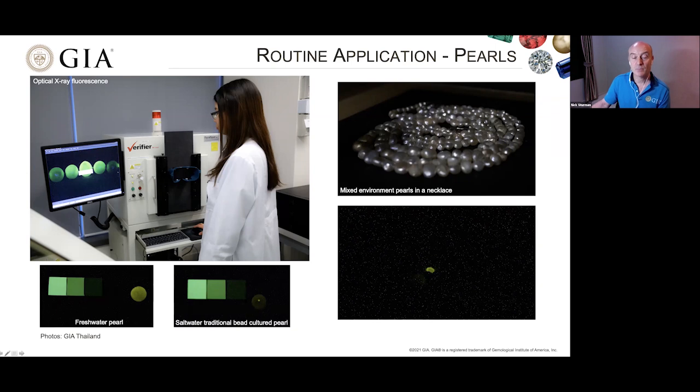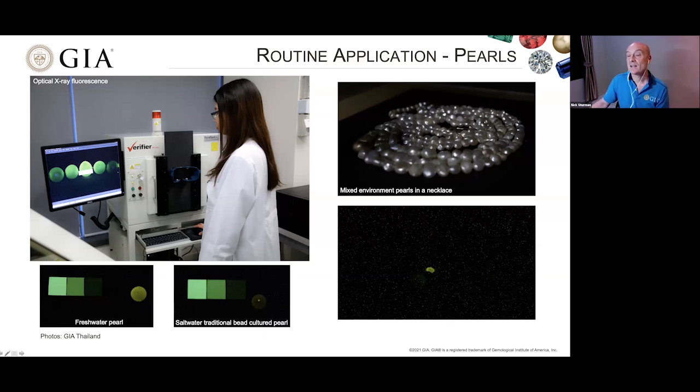This, on the other hand, is a bead cultured pearl, and it's saltwater, but inside there is the freshwater shell nucleus, and the freshwater shell nucleus obviously fluoresces just like the freshwater pearl here. So that's why we can see the fluorescence down the drill hole. If it wasn't drilled, you would see this sort of fluorescence as well, because the fluorescence cannot travel up the drill hole. But it's most useful when we have multiple pearls in an item.